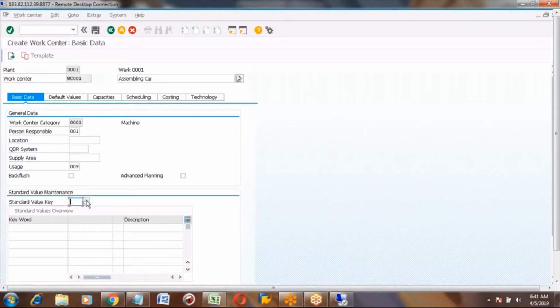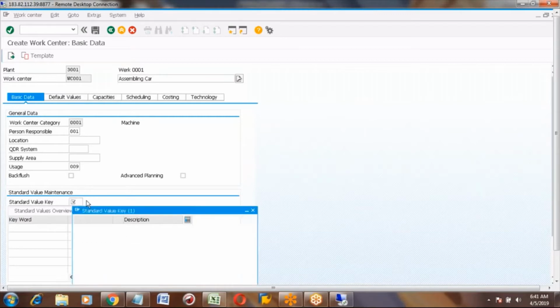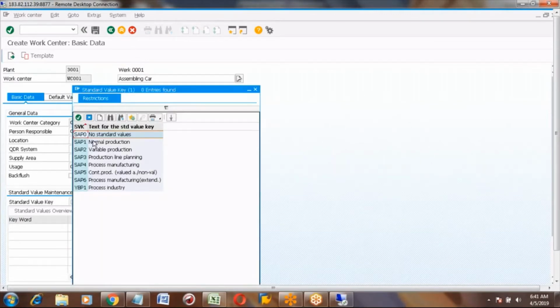For example, these are the standard SAP keys: normal production, variable production, process, production line. All these are SAP standard keys, SAP 0 to SAP 6.